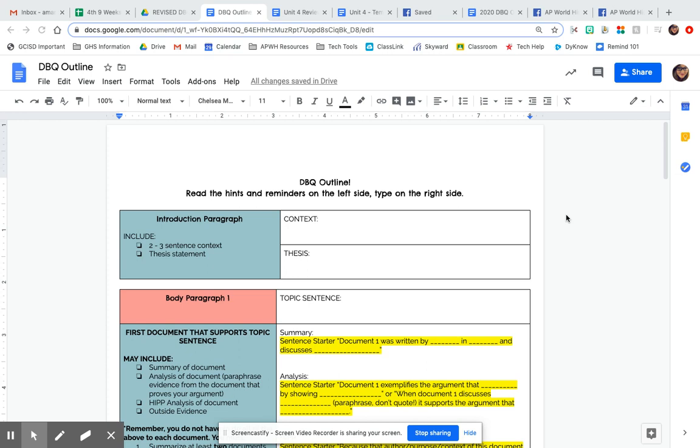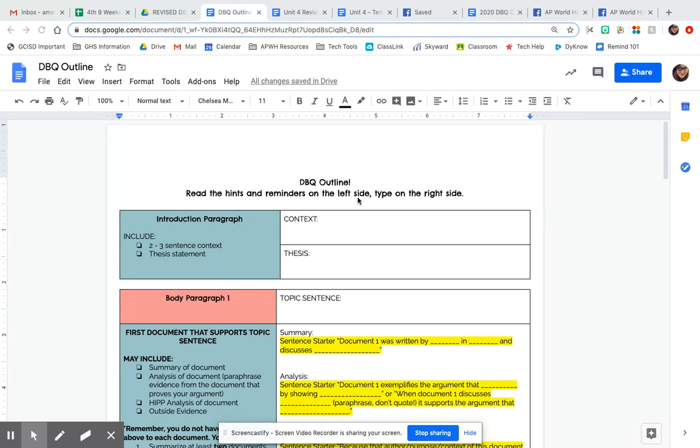Hey kids, I wanted to walk you through how to fill out this DBQ outline. This is kind of the in-between step between doing the document analysis worksheet that we've done the past few weeks and then writing your completed essay. Essentially, once you fill out this outline, you'll be able to just put it into an essay format and be done. But it is a little bit of a busy document, so I wanted to talk you through how to